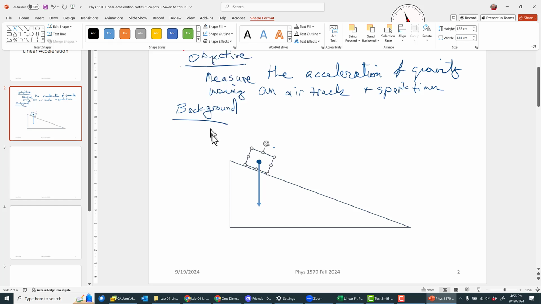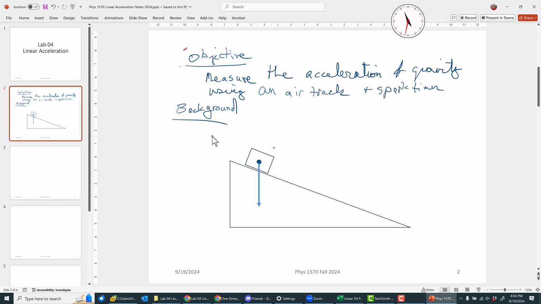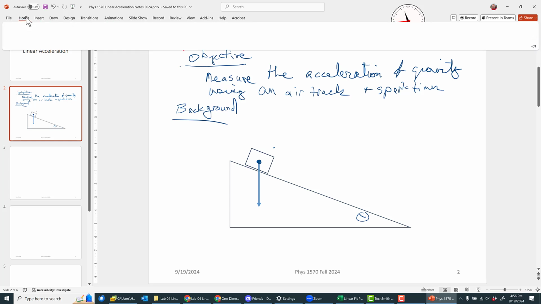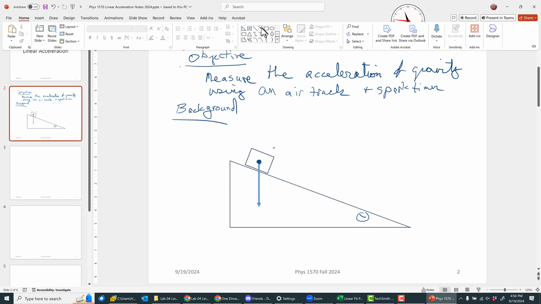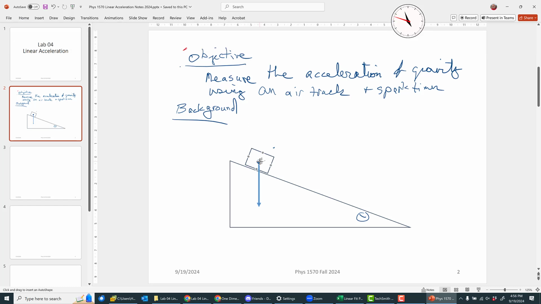There we go. And we have ourselves an angle here. And so what we can do is break up the weight into two components. So there's a component going down,